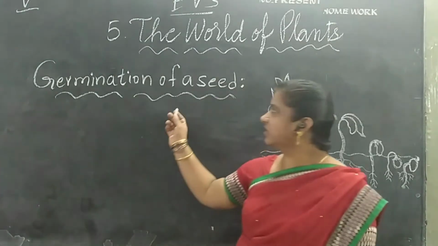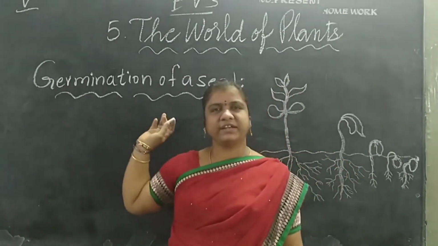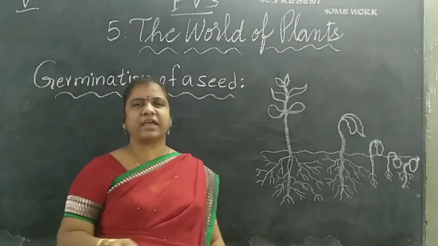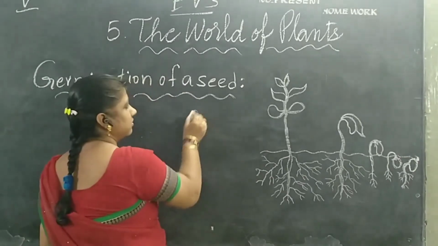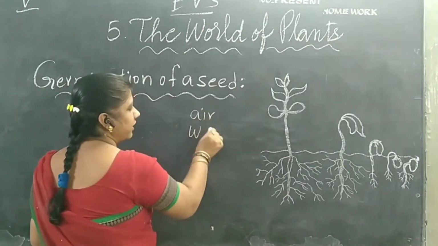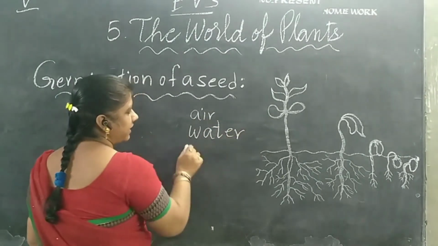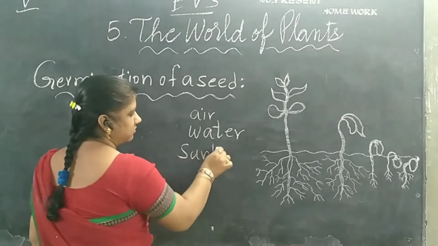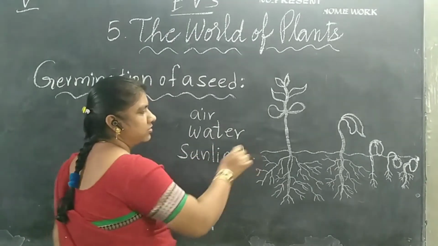Children, germination of a seed. So when does it take place? When a seed gets the right amount of air, water and sunlight. So when a seed